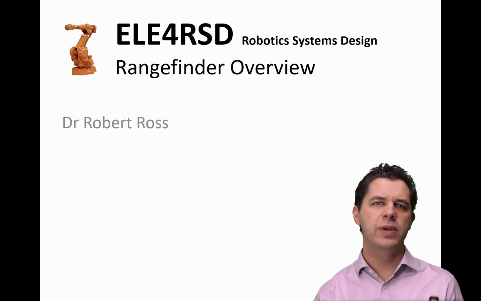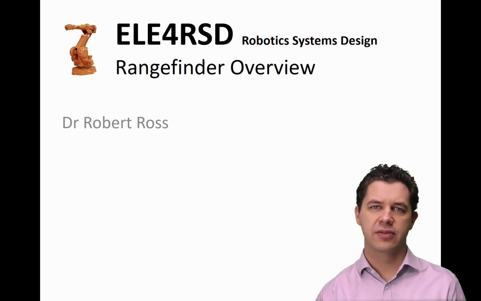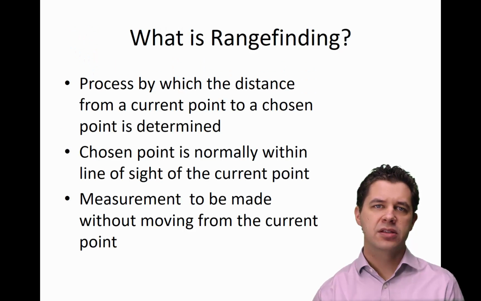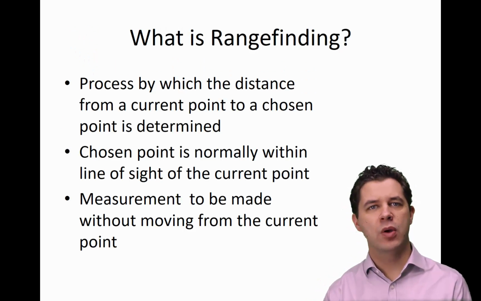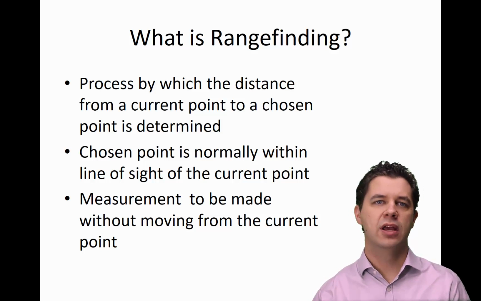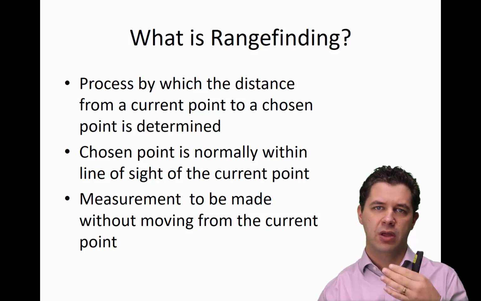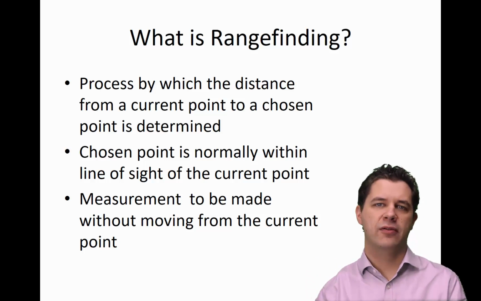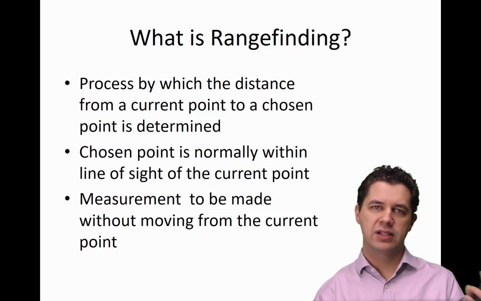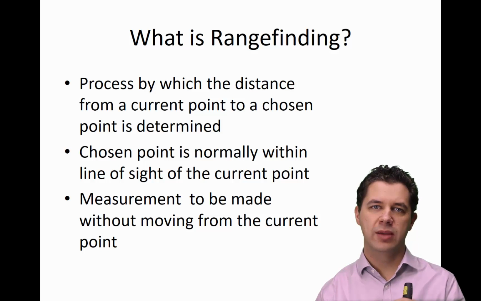So firstly, in this video we'll be looking at rangefinders, what rangefinders actually are and some of the characteristics of them. So essentially, range finding is when we're trying to work out the distance from a current point or a vantage point to a chosen point that we're determining. It might be from me to the camera, for example, or from a robot to a wall that it's going to encounter. This is normally chosen within line of sight,